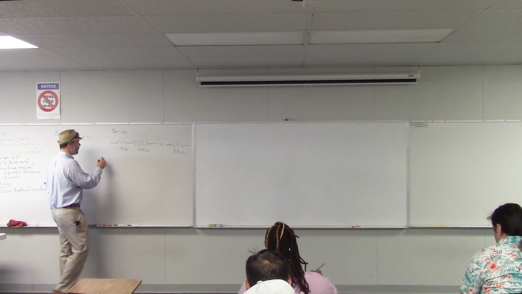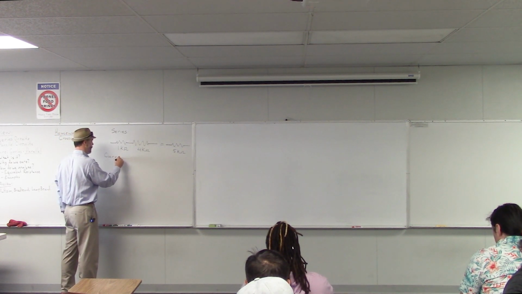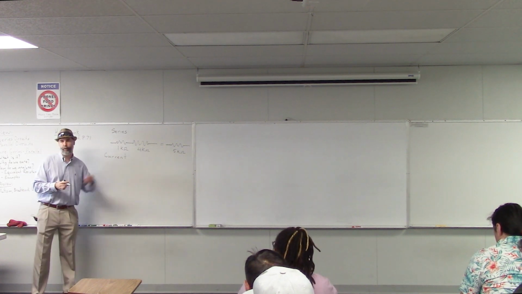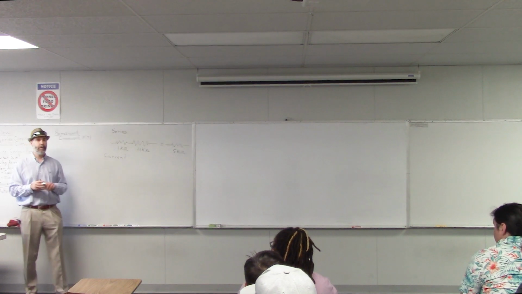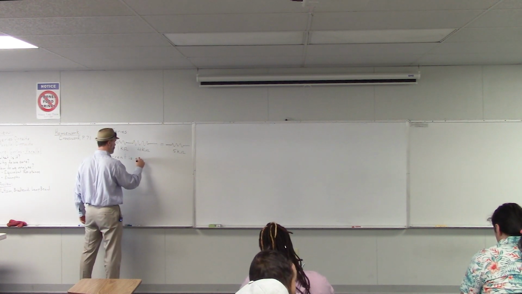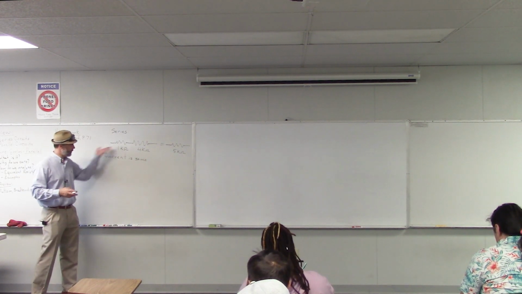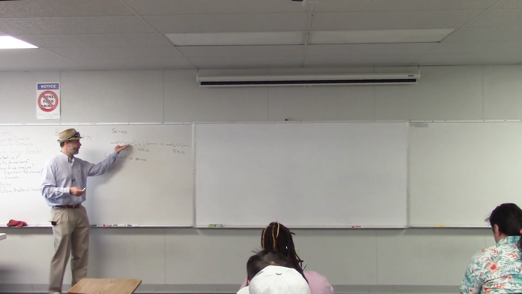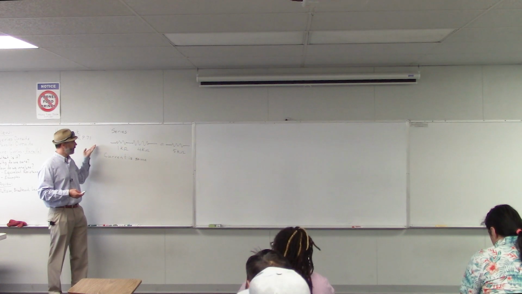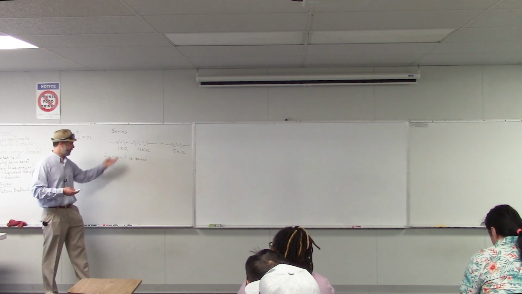And in series, we said that, is the current the same or different for all of the elements? Same. So the current is the same. Because remember, current is how much electricity is flowing through the circuit, and in a series circuit, the end of one component is connected to the beginning of the next. So any current that flows out of the first element has to flow directly into the second. So the current is the same,